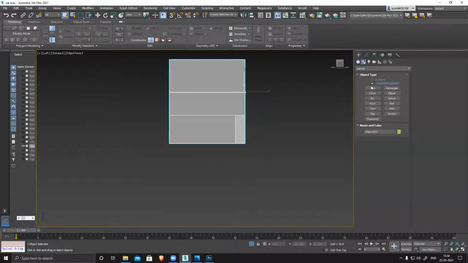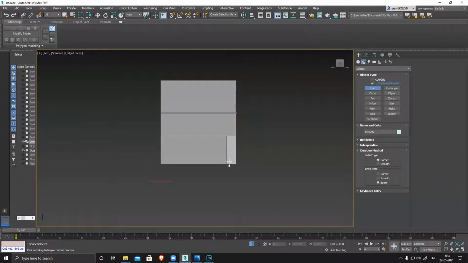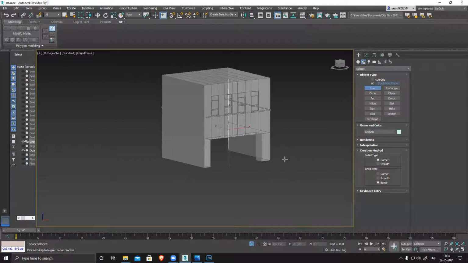We can go to a spline line. It's not perfectly straight. It's slightly wavy. If you press shift, you can create a perfect straight line. So I'm just creating the slightly wavy angles. Move it outside.